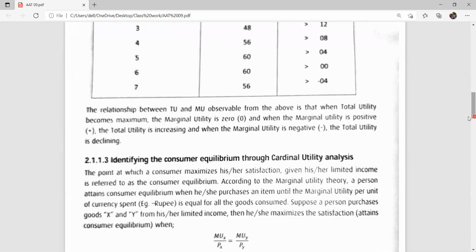What do they say? Total utility increases at a decreasing rate. That is a very simple term we can add here. Total utility increases at a decreasing rate. That's why marginal utility is falling and it is becoming zero, and finally a negative value as well. Right. So then